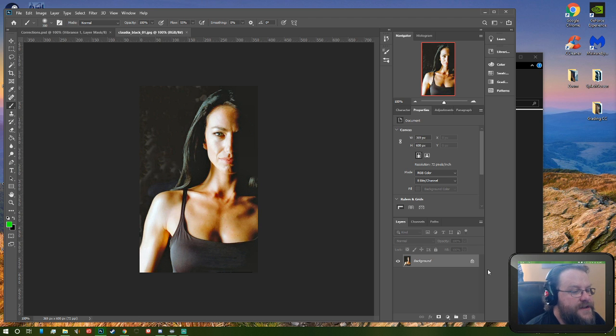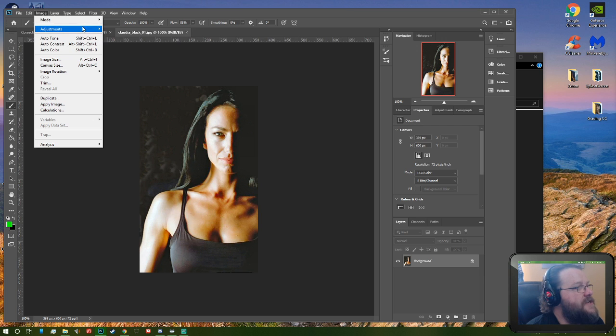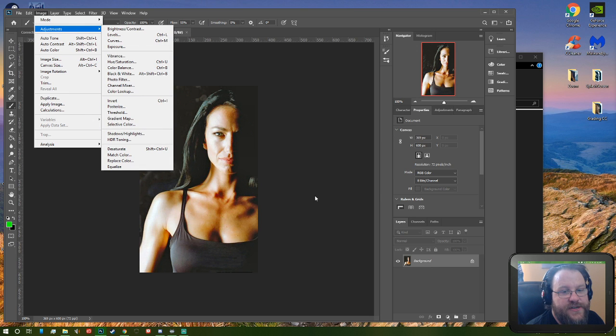And there's a little bit of a saturation issue with this. So again, instead of just going up to image and adjusting it and physically changing the image itself,